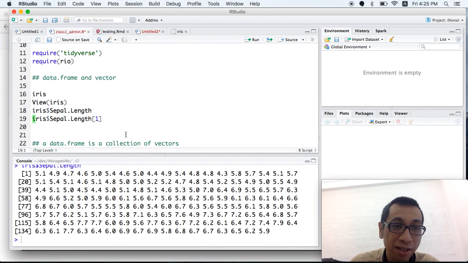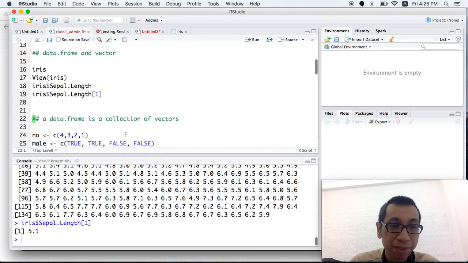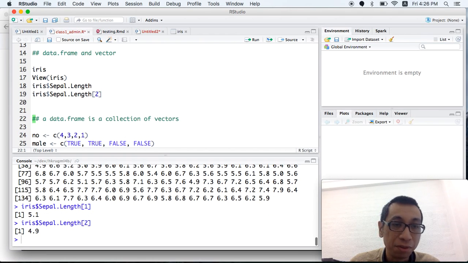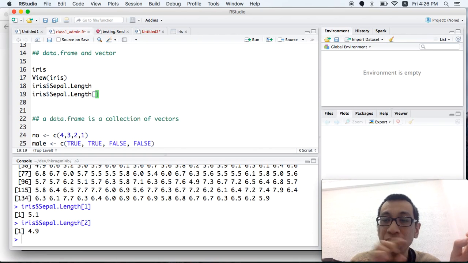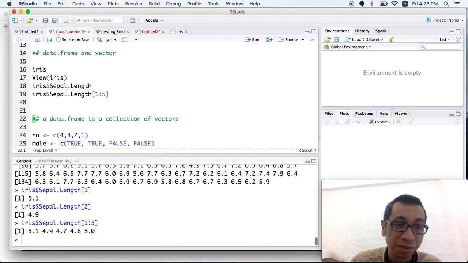You can have a look at the first number in that vector, 5.1, and the second is 4.9. It's just an ordered list of numbers. You may look at the first 5 if you like. These are the first 5 numbers.